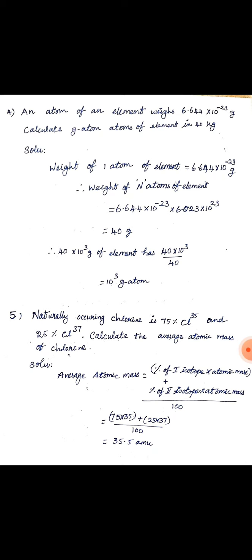That means 75 into 35 plus 25 into 37, divided by 100. After simplifying this value, we are getting 35.5 AMU. Therefore, we can say that the chlorine atomic mass is